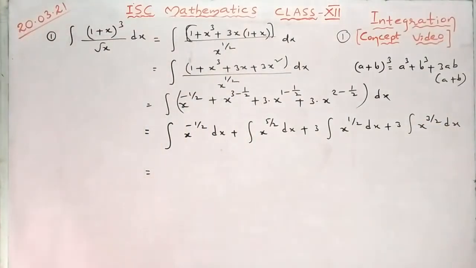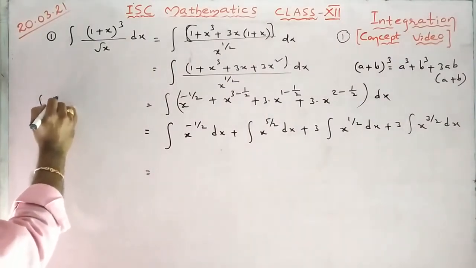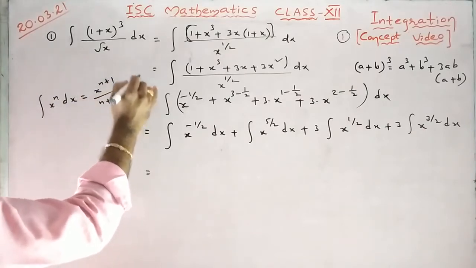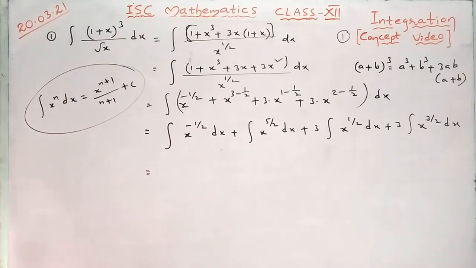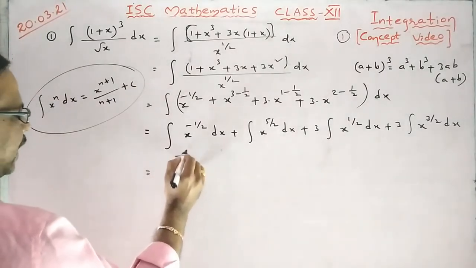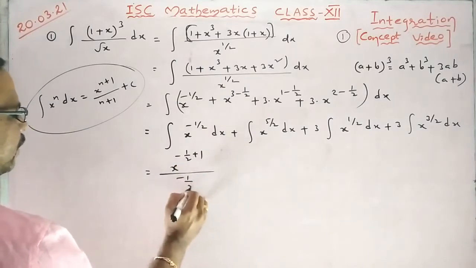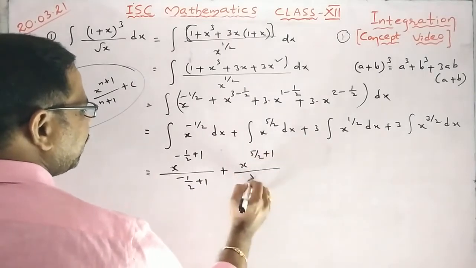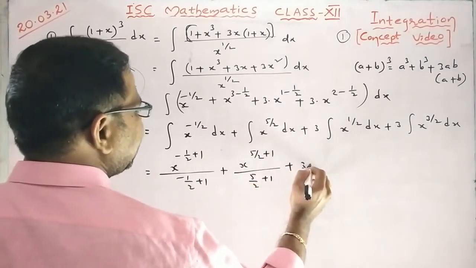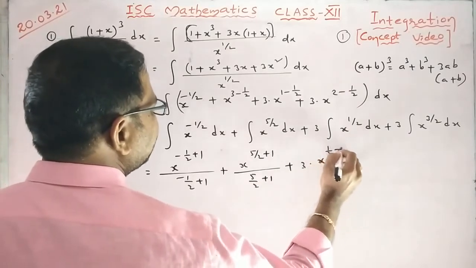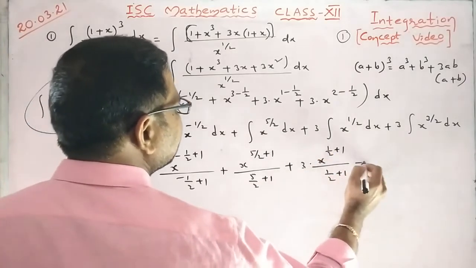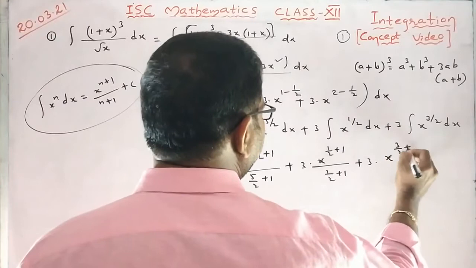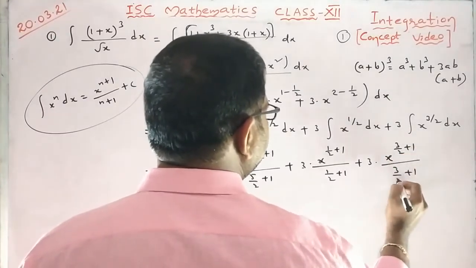Now it looks like integral x power n dx, right? The formula is x to the power n plus 1 upon n plus 1 plus c. If you use this formula for this, we will get x to the power minus 1 by 2 plus 1 by minus 1 by 2 plus 1, plus x to the power 5 by 2 plus 1 by 5 by 2 plus 1, plus 3 times x to the power 1 by 2 plus 1 by 1 by 2 plus 1, plus 3 times x to the power 3 by 2 plus 1 by 3 by 2 plus 1,